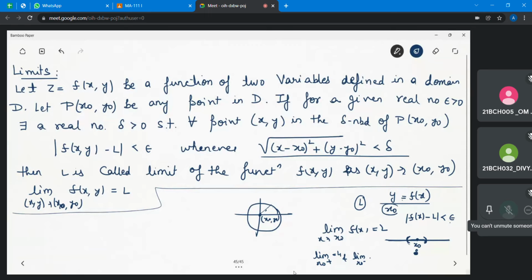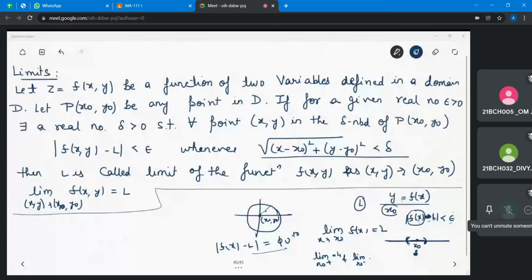Epsilon is a very small quantity, means if you are looking into a smaller neighborhood, then the value of this function is tending to some limit L, meaning it is converging somewhere at L. Or in other words, you can also say that the difference between these two quantities, f(x) minus L, is equal to some 10 raised to the power minus n. This is the same thing, means the difference between these two quantities is very small. Difference between these two quantities is very small means f(x) is almost tending to the limit L.